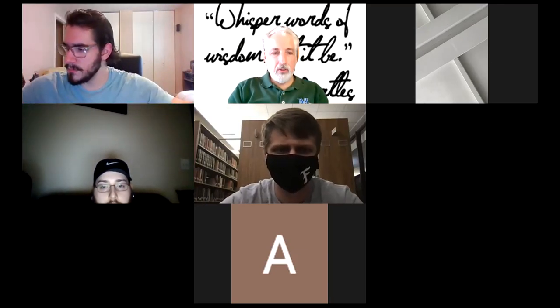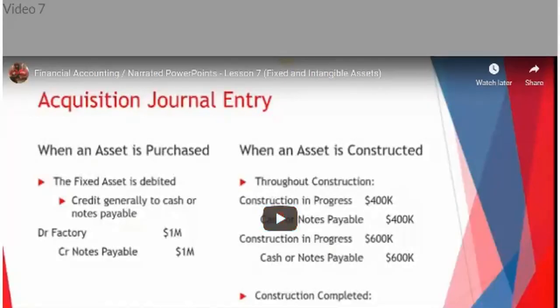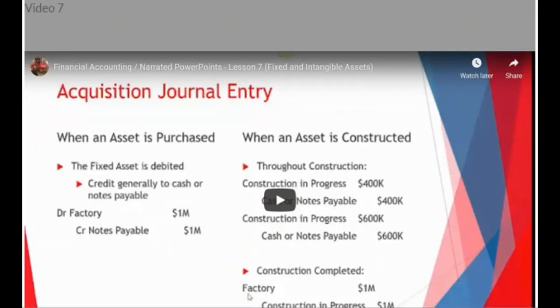So as we progress with fixed assets, we're going to be seeing how we depreciate them, move them from the balance sheet to the income statement. And I will share screen, turn on the sound to share, and take a look at our Ben and Boz. And we'll go forward.